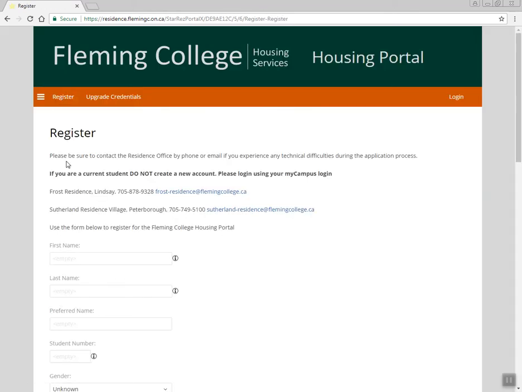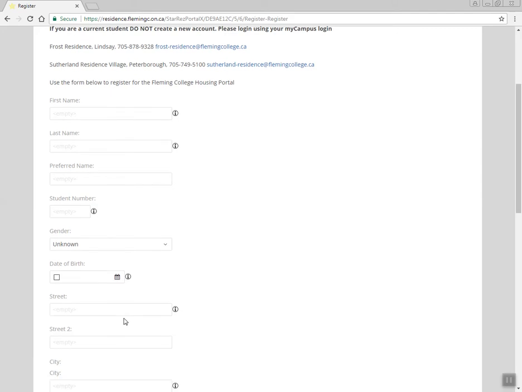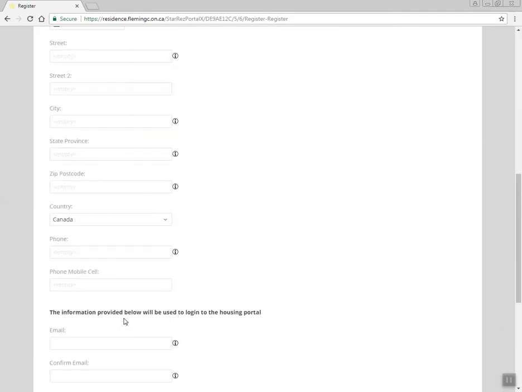There's going to be some questions here that you're going to need to fill out. Anything with an asterisk is a required field that you'll need to fill in. Anything that doesn't have that, for instance, the preferred name, you won't need to fill out. So once you get this all filled out, you're going to need to keep scrolling down to the bottom here,